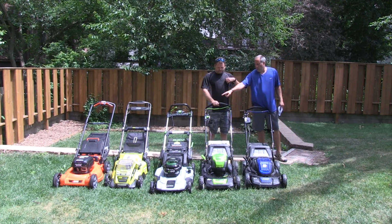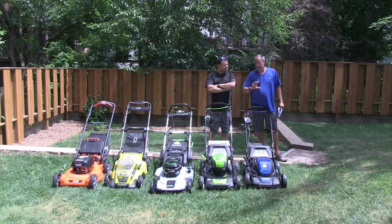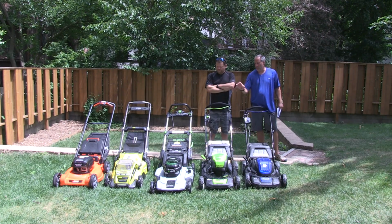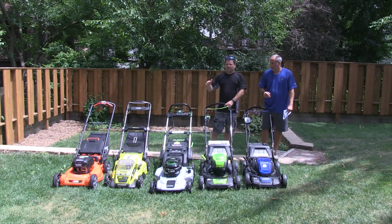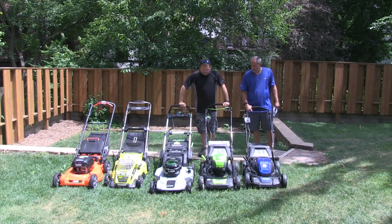I don't know what's up with the Ryobi. You let it run for 5 minutes and it shuts off. It's not a problem with it. It's just a way they have a design with it, because we tried another Ryobi one and it did the exact same thing. So I don't know if it's a safety feature or what it is. You sit there with an electric, just with the blade spinning. Exactly. So it's a safety feature that has to be rolling for it to...